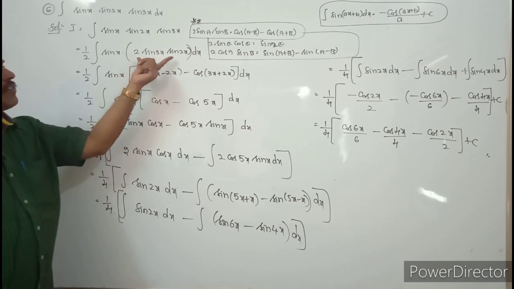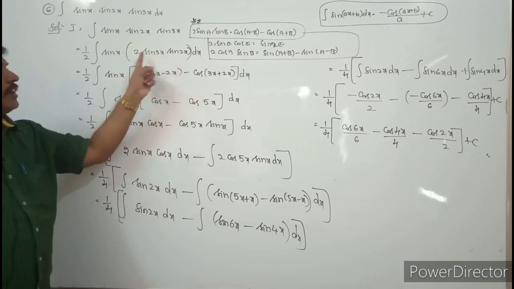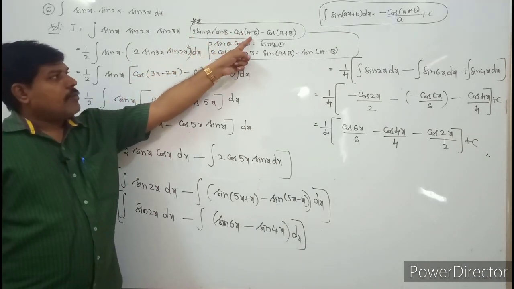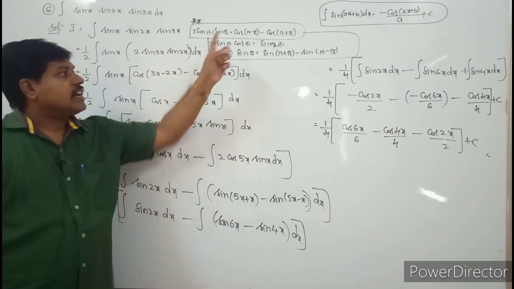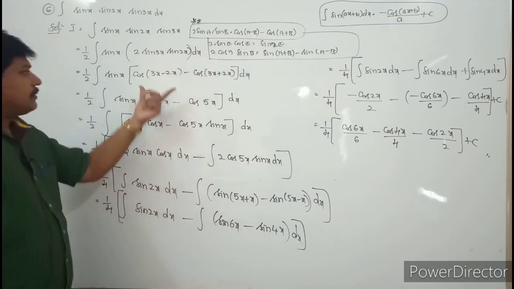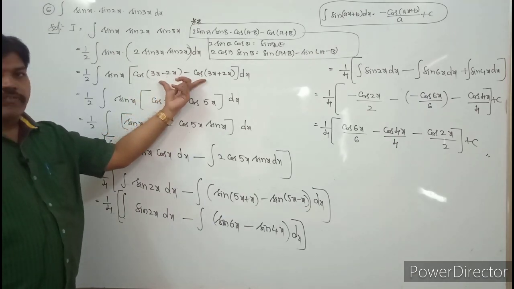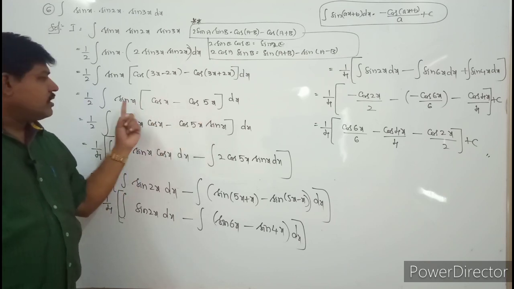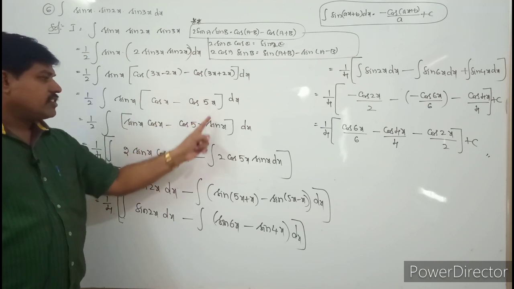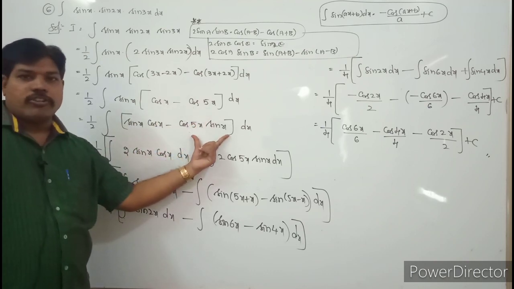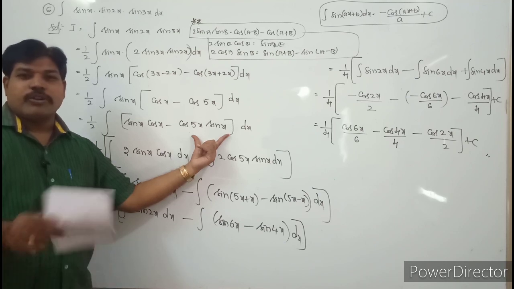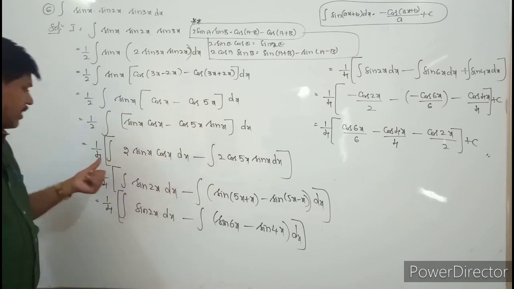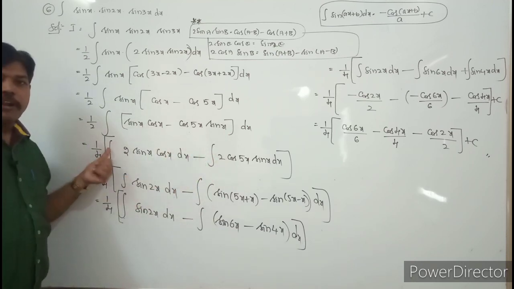It is in the form of 2 sin A sin B. The 2 sin A sin B formula is cos of A minus B minus cos of A plus B, which will become cos x minus cos 5x. So multiply with sin x first: sin x into cos x minus cos 5x into sin x. So two trigonometric functions are there, and you can apply the formulas for 2 sin A cos B, 2 cos A sin B like this. That's why you need to multiply and divide with 2, so the total expression I multiplied and divided with 2.